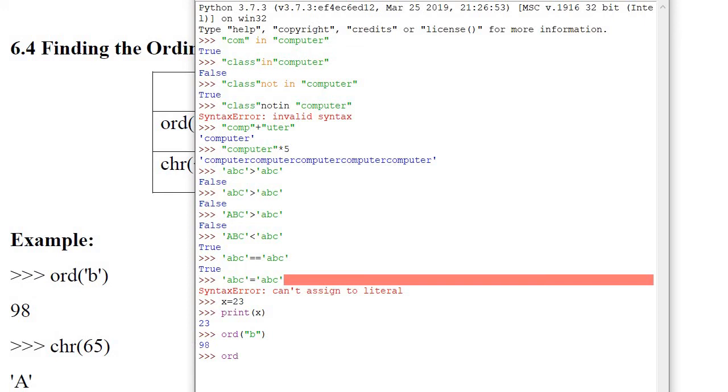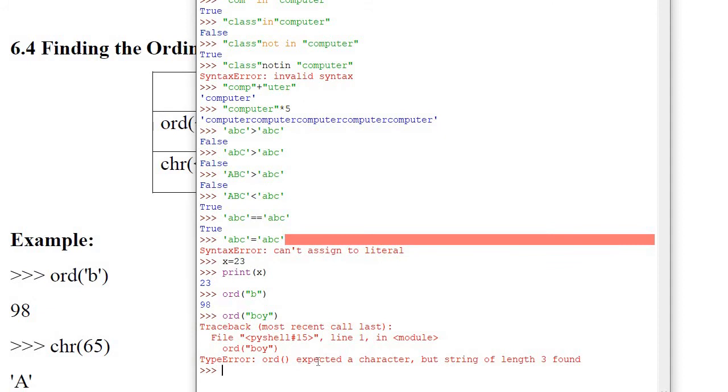Similarly, if you write ord and here write boy, it will throw an error, because this function is used for a character, not for a string. The error says ord expected a character but a string of length 3 found.